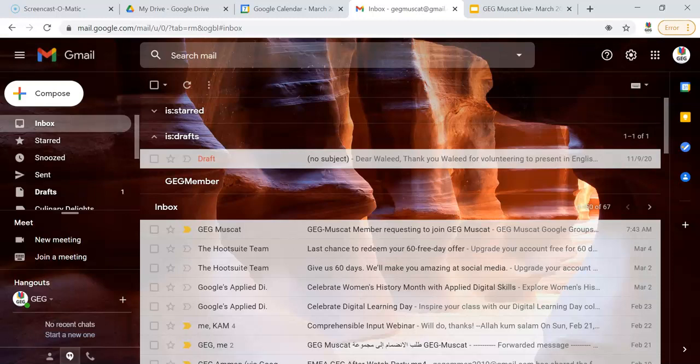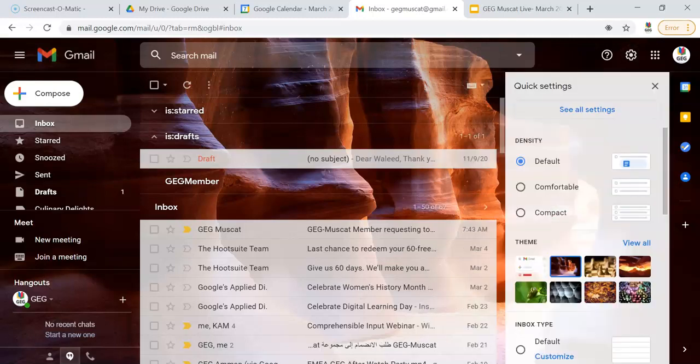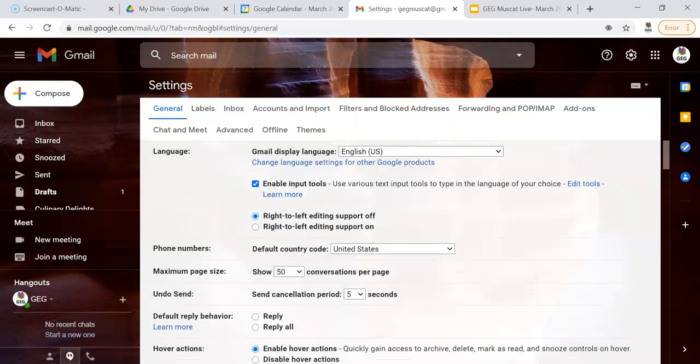In addition to filters, we can customize our inbox. Gmail can sort and prioritize email messages for us. So when we choose priority inbox, email messages are automatically sorted into sections. How do we do this? So from within Gmail's inbox, you want to go back up to the settings cog, see all settings,